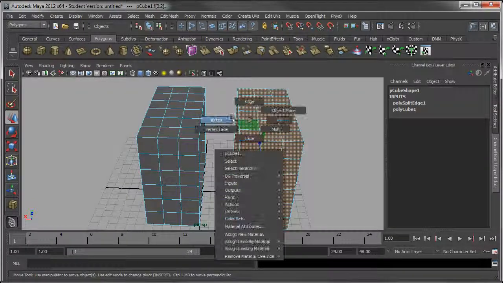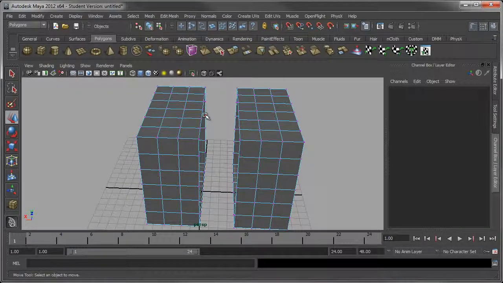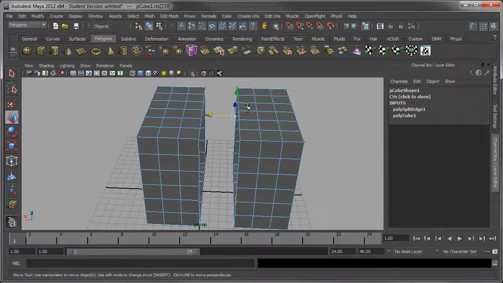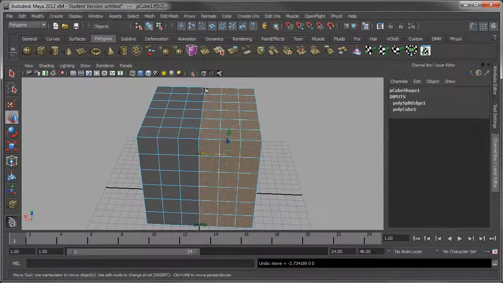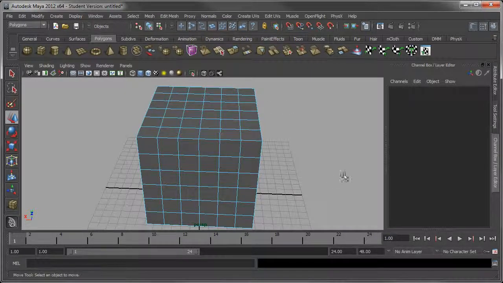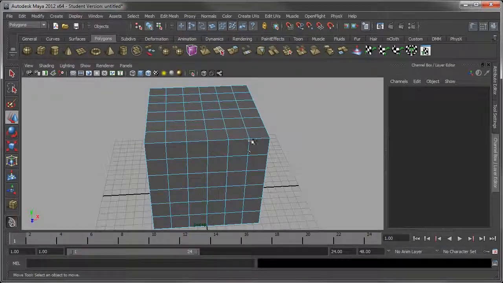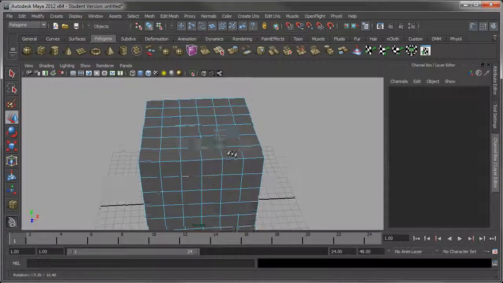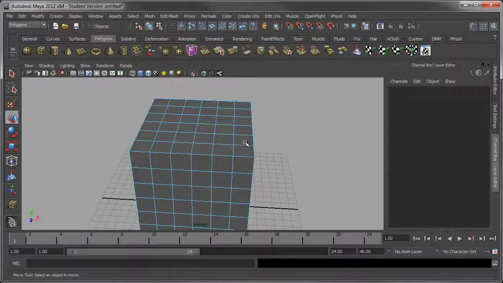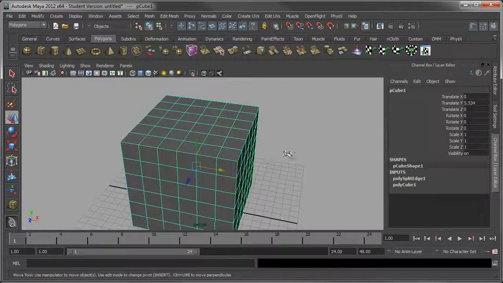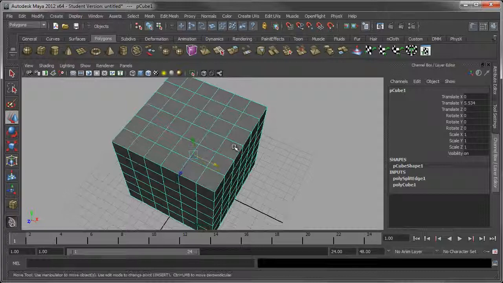So essentially what this means is in the middle of the object we have 2 rows of vertices. When the object is whole, we've actually got 2 lots of vertices sitting on top of one another, but they're not actually connected. So we're going to go through the process of seeing what the merge tool does to these objects. Okay, so the basic merge tool,